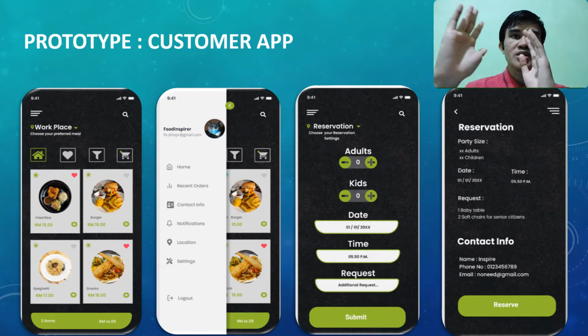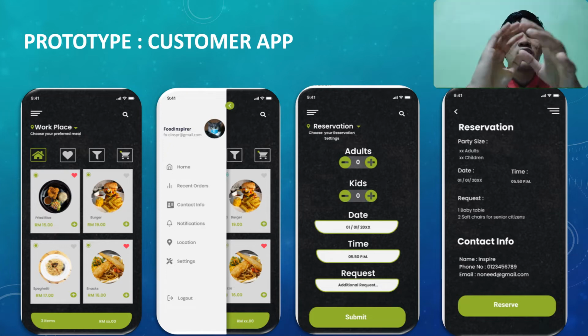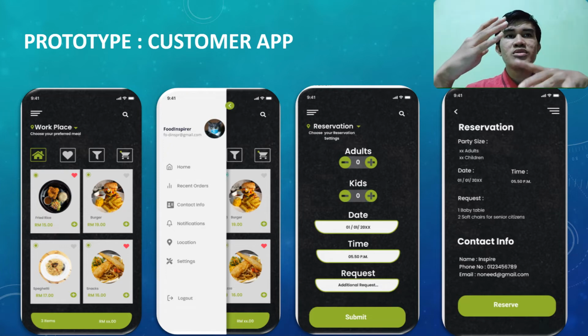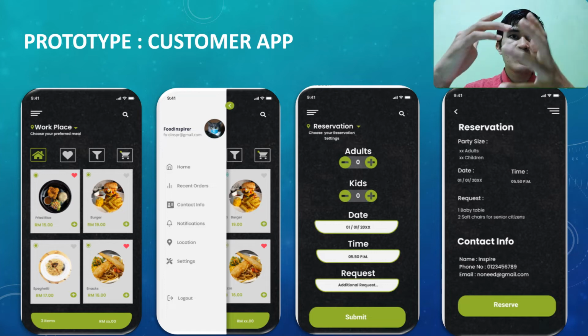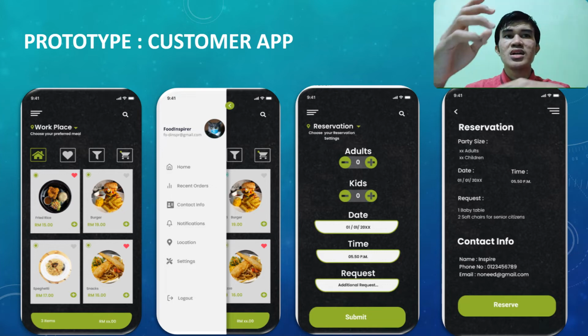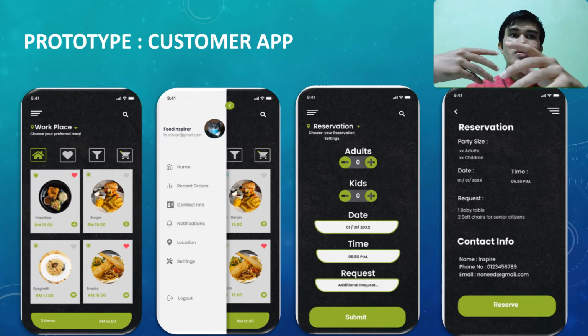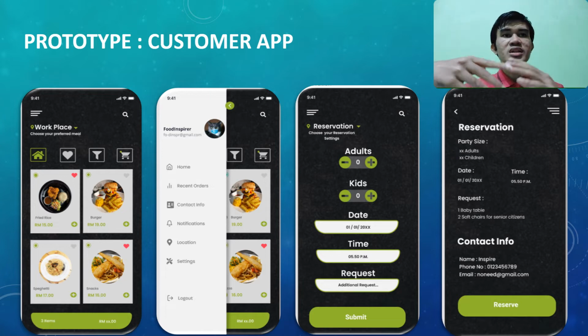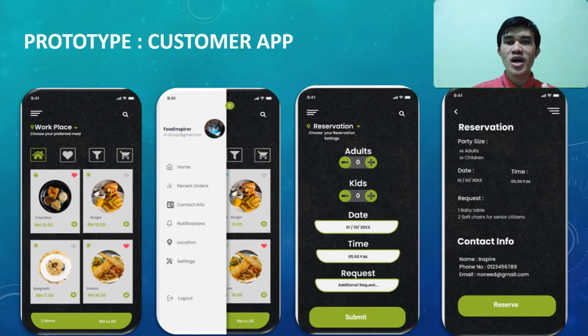On the third picture is the reservation interface. On the reservation interface, the user can decide how many adults and kids they want to bring for the reservation, and they could also set the date and time when they want to make the reservation. And they also have the request option, which allows them to make any personal requests before they come for the